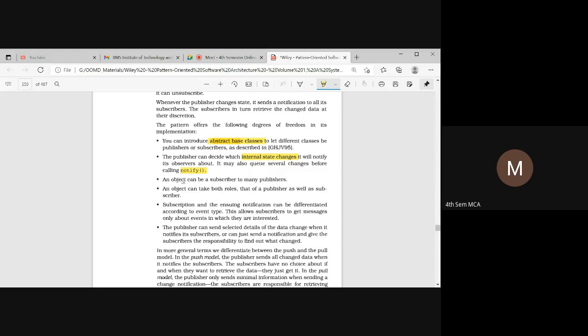And next thing is, an object can be a subscriber to many publishers. So you can define the objects within a subscriber, and the same object can have n number of publishers.